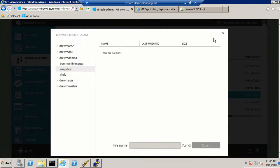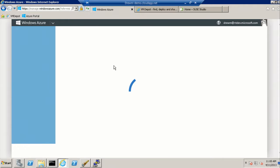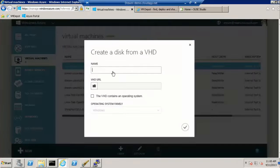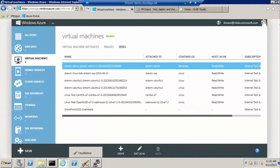All right, let me do a refresh on the portal and see if this blob shows up. It should be showing up there. All right, let's register this guy. All right, I'm not sure what's happening there. I'll have to look at that. Okay, well, we'll skip over that for a moment. I'll come back here in a moment. All right, and then,